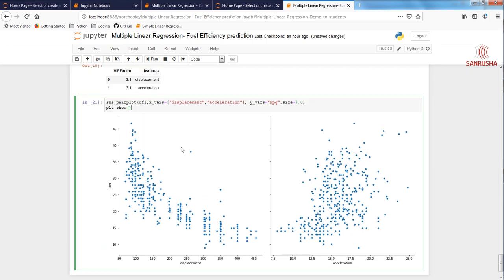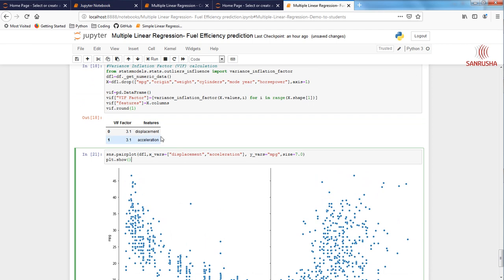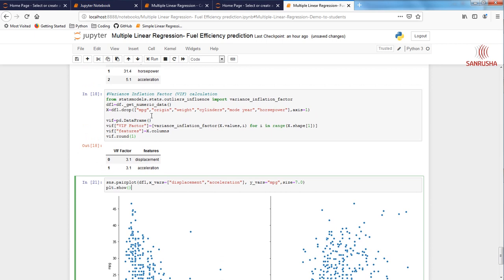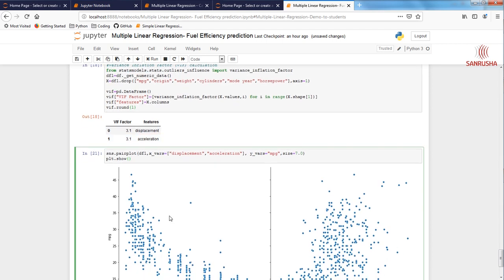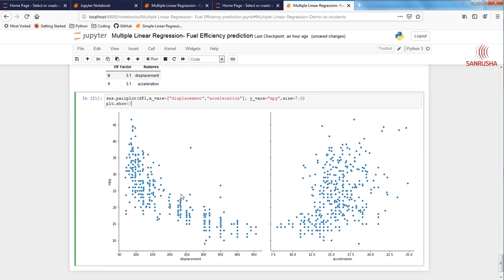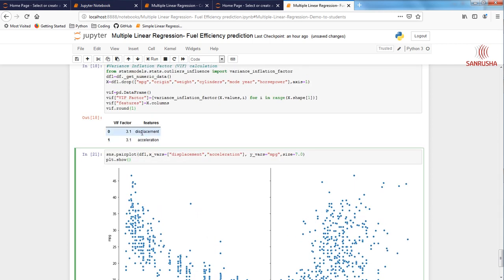Our feature selection step has not finished. So far what we did is we got rid of multi-collinearity. That means we got rid of the independent variables which were very much related to each other. We still have two variables and we still have to decide which of those variables have the greatest impact. In your real world project, you might start with, for example, 15-20 attributes and you are left with, let's say, 7-8 attributes or maybe 5-6 attributes after getting rid of multi-collinearity.